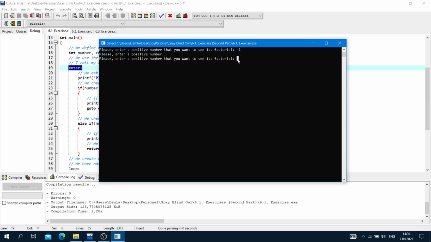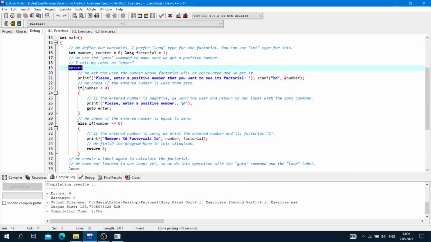Okay, let's try 0, for example. Number 0, its factorial 1. We check if the entered number is equal to 0. This block, else if number equal, double equal, as you can see, double equal, not only one, is equal to 0. Number is equal to 0, our condition.